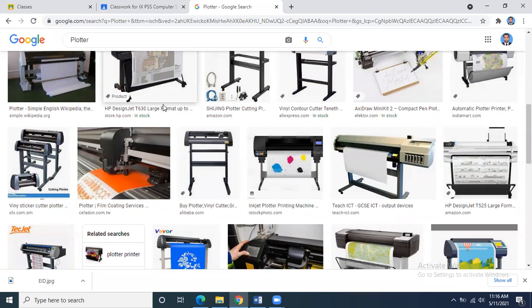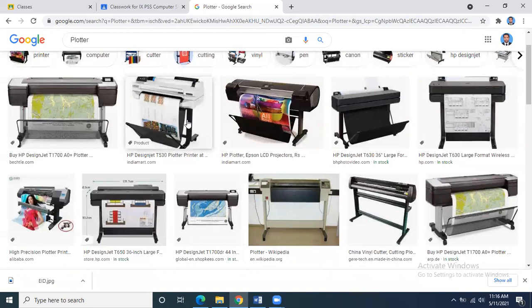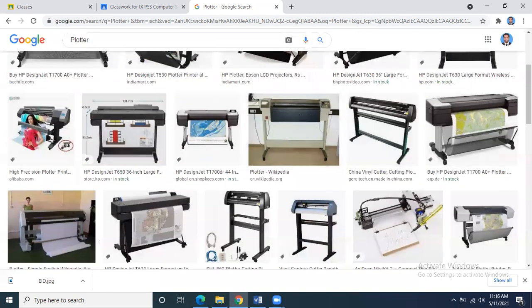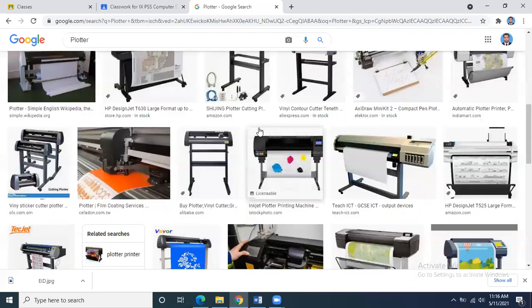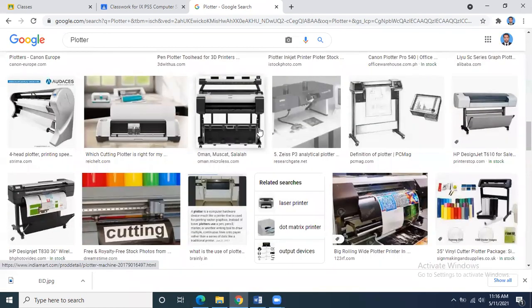So how are these printed? Of course, first the design is made using some designing software, like Corel Draw or Photoshop, and then you print it. For the hoarding or billboard, they also attach lights with it, so that it is also visible in the evening time, or at night. So these are called plotters. These are not used inside homes and small offices. These are used at commercial level. If you need it, you can go to them and ask them to print, and you will pay and get the printout.